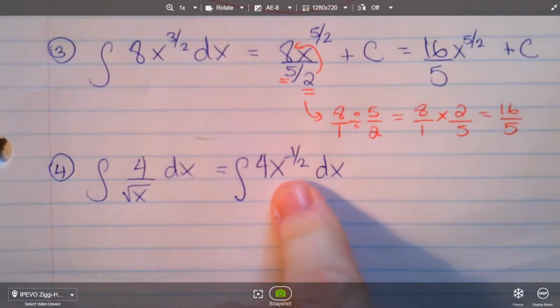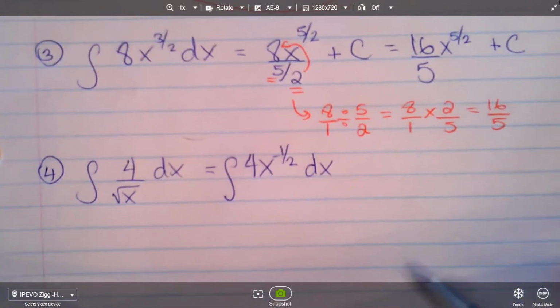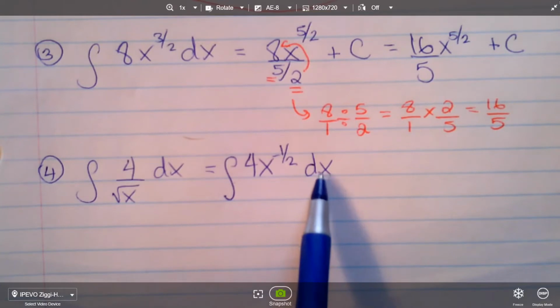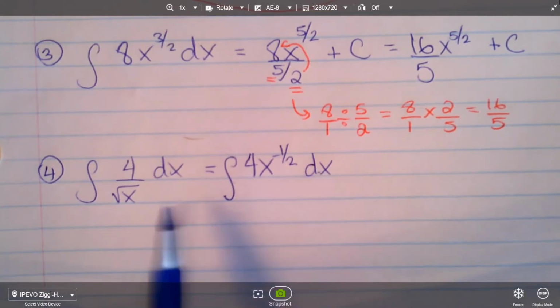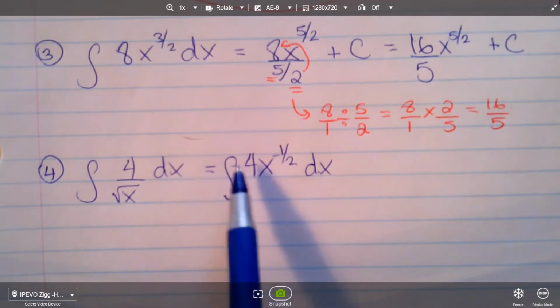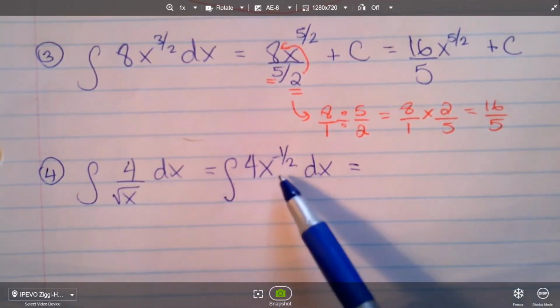That looks a lot more like a power rule. So that's what we want to use. Notice too that in my notation, I have not performed the integral. So these symbols still have to be there, and they have to be there together. You can't have one without the other. So notice I still have that integral notation, but in my next line, I'm actually going to do the integral,